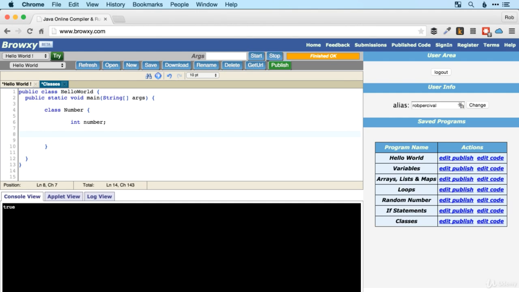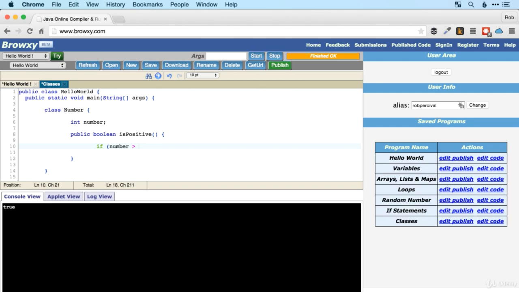And then we're going to have a public method, which again is going to return a Boolean. And we're going to call it isPositive, pair of parentheses, because it's a method but it's not receiving anything, so we don't need to put any variables in there. And then we just do a check if